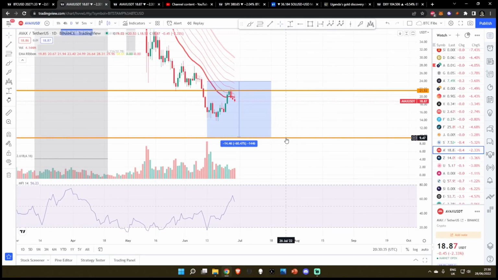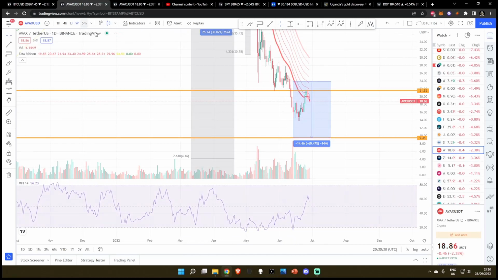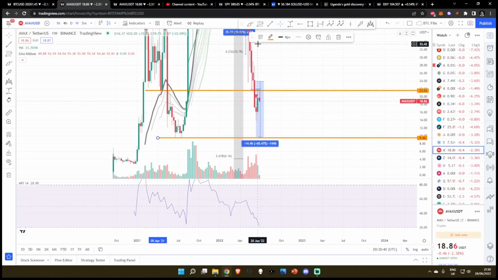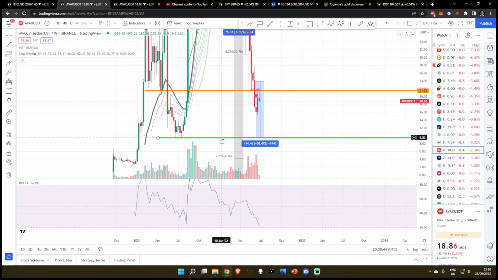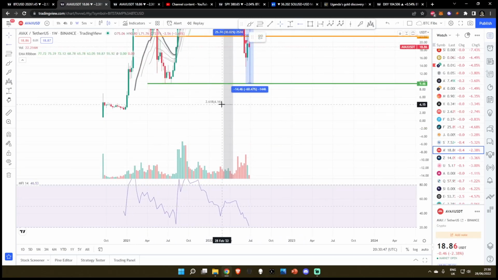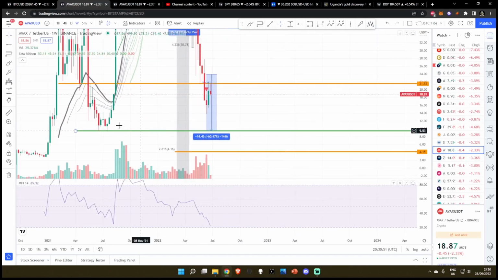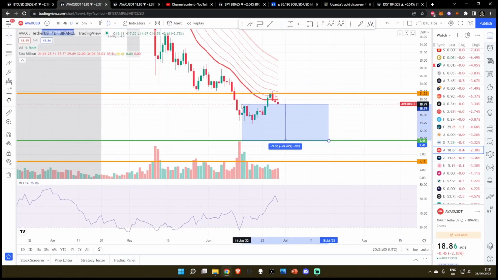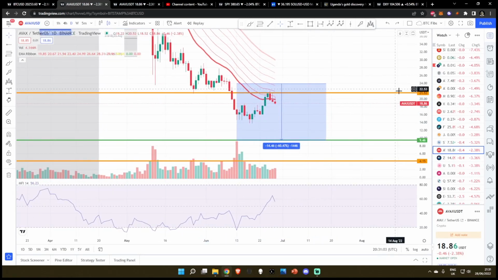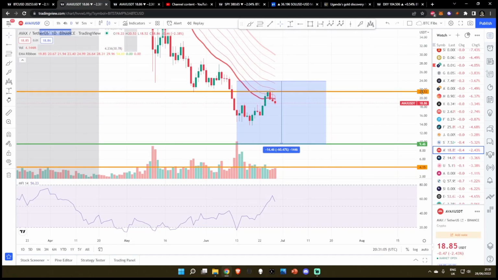So my price target is $9.47. Where do I get this price target from? I should actually draw this as green because this is a Fibonacci. If you're new to the channel, warm welcome. I always draw the orange lines as Fibonacci's. So down here, this would be a Fibonacci line. This is just a support line from the double back test of the lows around about $9.40. So this is where I think we're coming down to. Once again, don't need to overcomplicate it. Another 50% drop to the downside is going to be in play before we do see any sort of major relief rally for Avalanche.